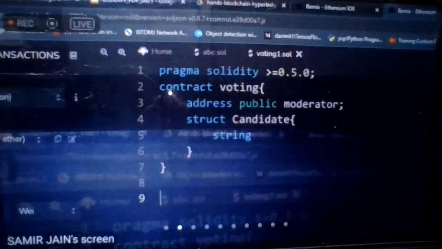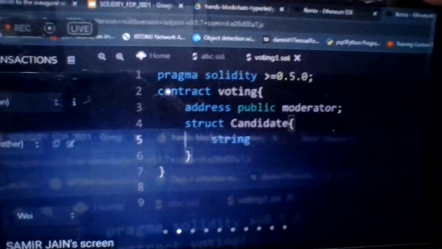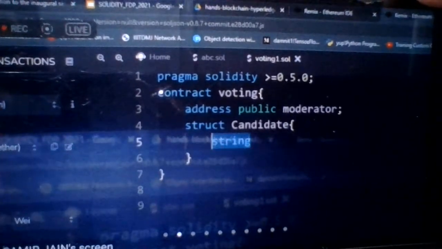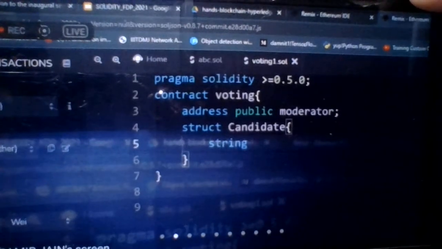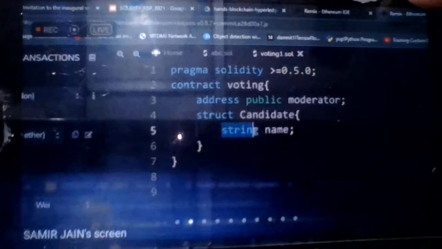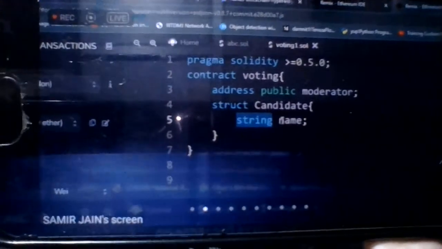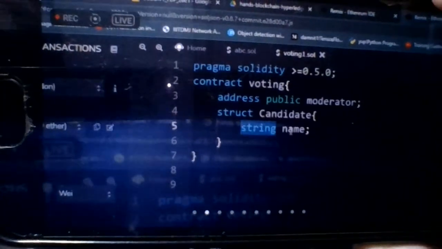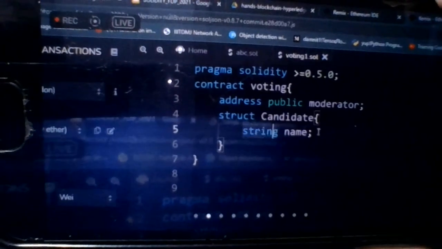So string is the data type, and I will name the variable name. This name variable will store a name, and since it stores a name, it should be of string type.